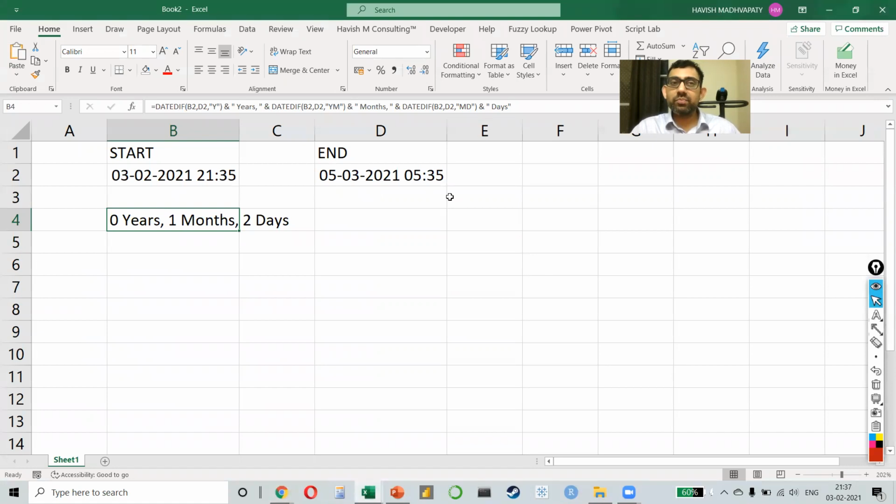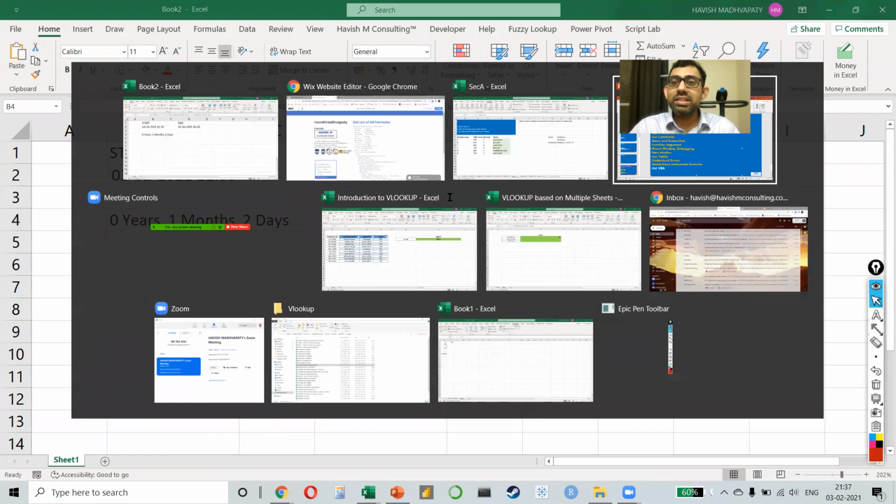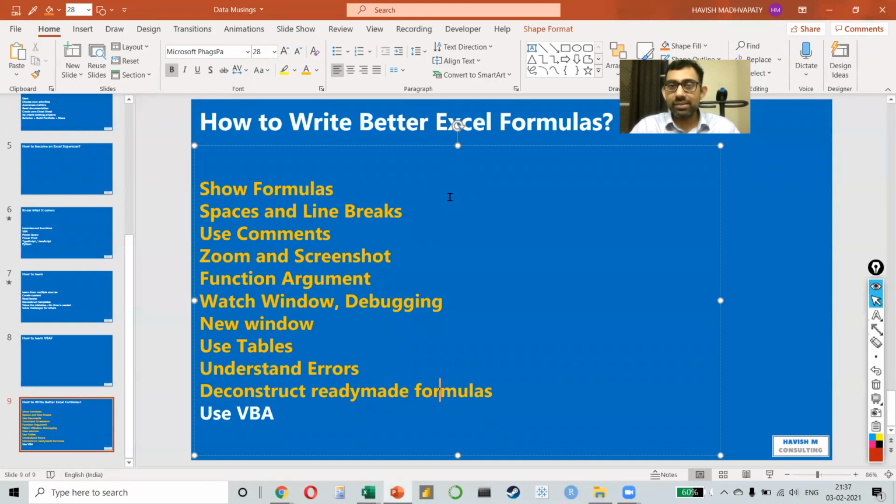But as you can see, that basic Google search might also help you get the complete answer or a partial answer. So it can help you save a lot of time. So definitely go online, look at these complex formulas that have been created and try to deconstruct them. A, it will help you save time. And B, if you just want to learn, just go online and search for these complex formulas and try to break them down into pieces and try to understand how they work.